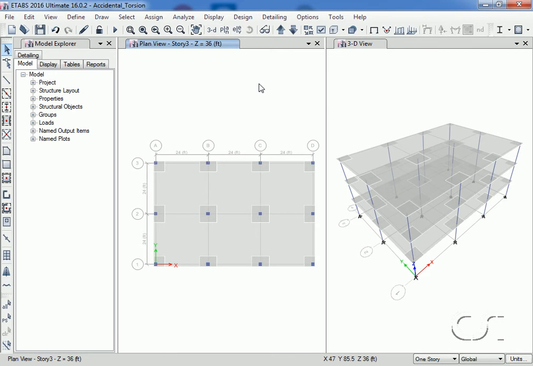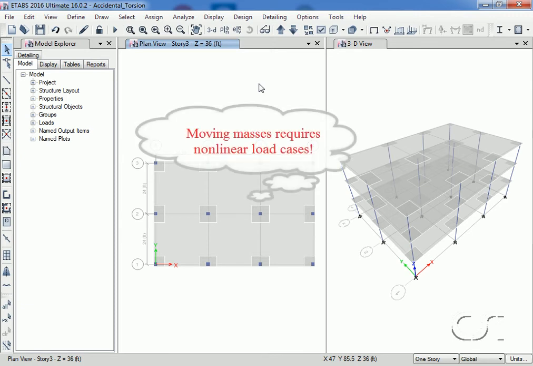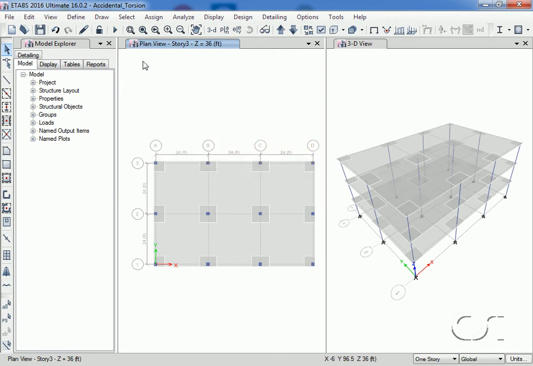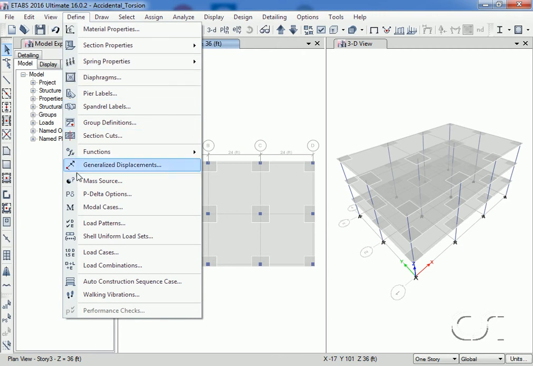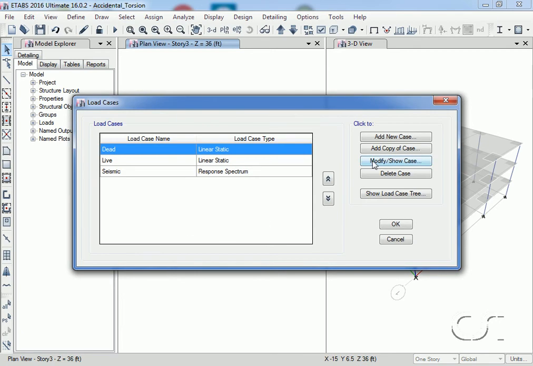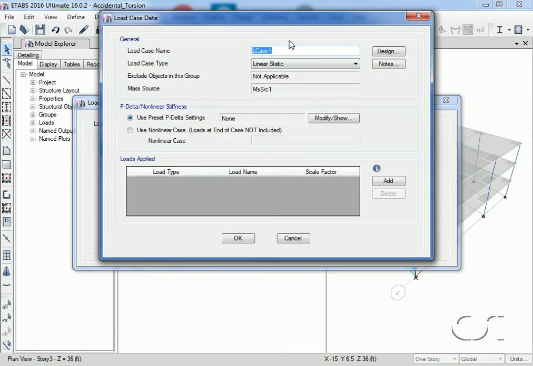The next step is required so that the response spectrum analysis can utilize multiple mass locations. Moving masses around is considered nonlinear behavior, and thus we are going to define several nonlinear static load cases. We go to the Load Cases command and create a new load case named plus y mass